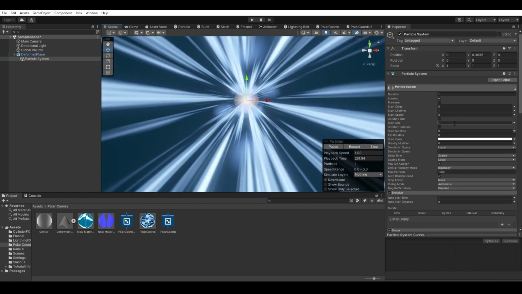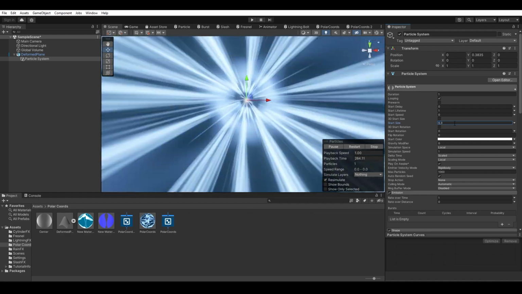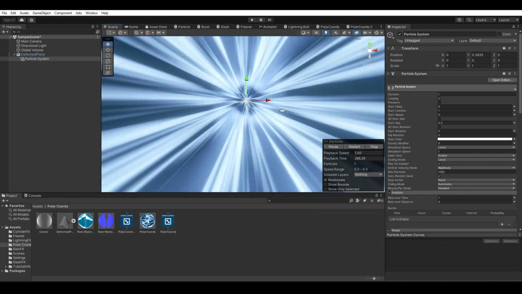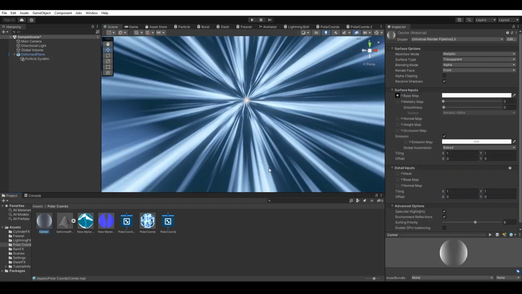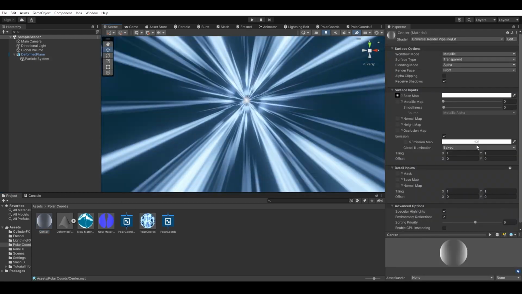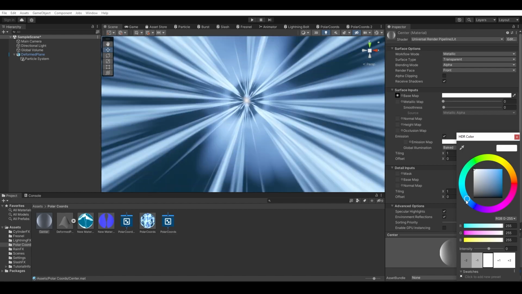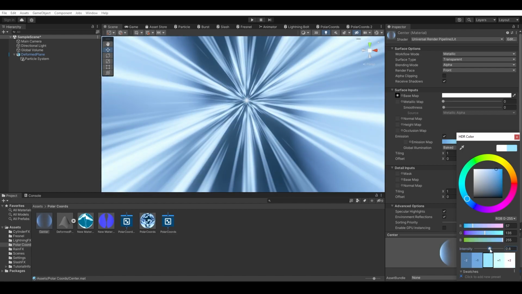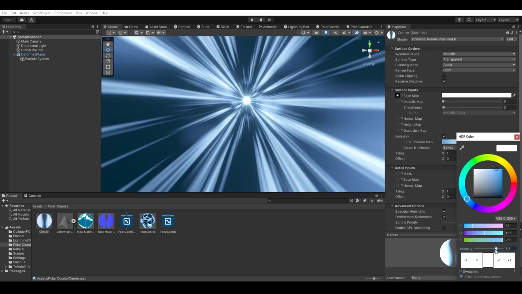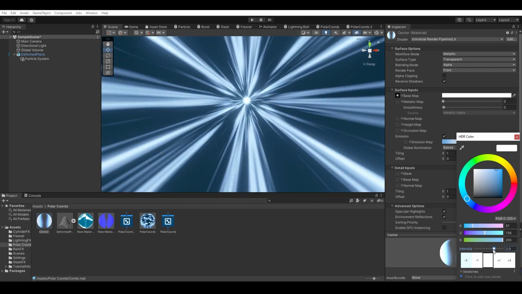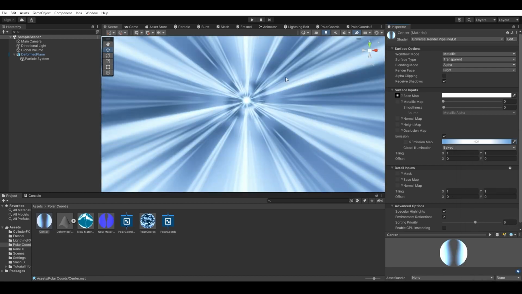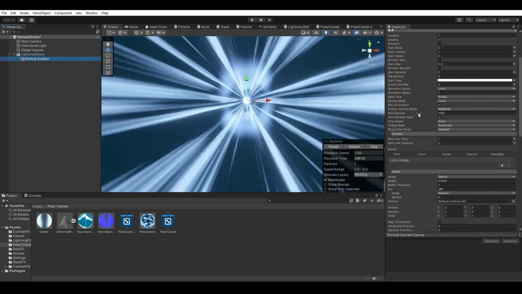Okay, let's bring the size down to like 0.3. Yeah, see, now we got this little point at the end. Click on the material. Let's change the emission color to something more like a blue. Nice bright blue. And if we go back into our particle system,